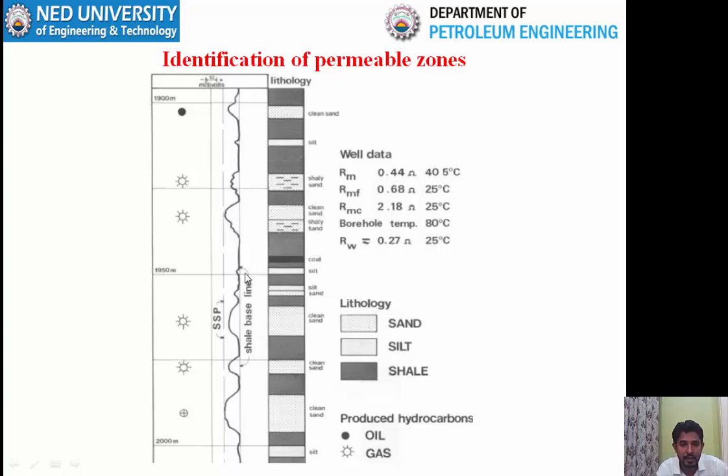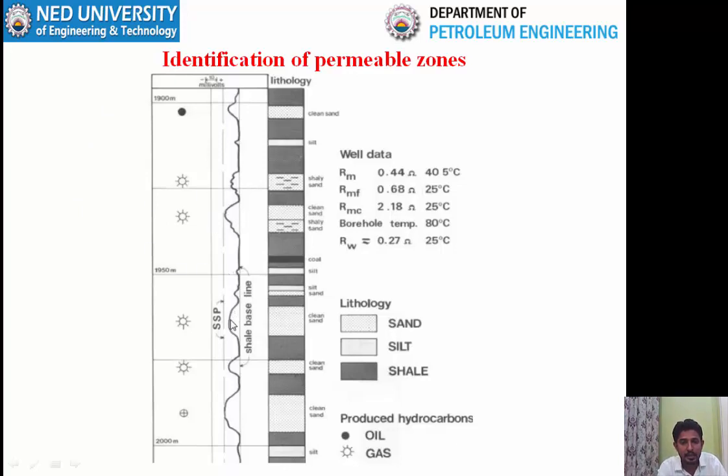Against this silt you have the deflection, against this silt and clean sand. So whenever you have the permeability in the lithology, you will have a deflection on the SP log. So by seeing the deflection, you will say that this zone is the permeable zone. Again, if you have the information of the caliper and the bit size, you can also identify the permeable zone from there too. So this information will obviously supplement your already available information.